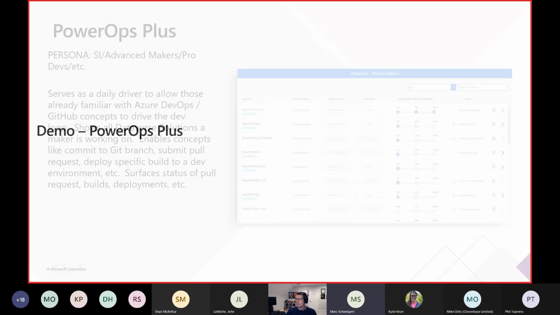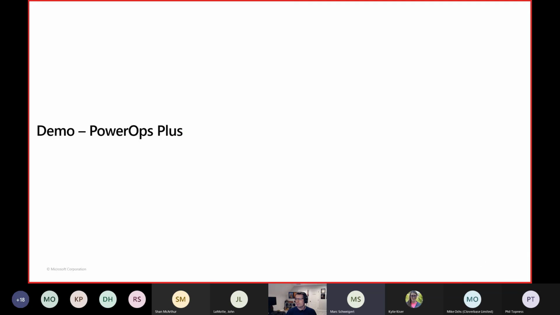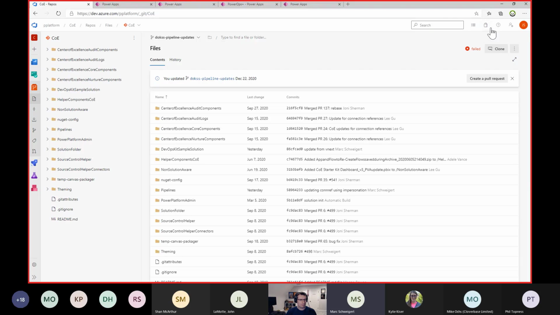And so I'm just going to jump to demos here. What you're looking at is our Azure DevOps repo for the COE starter kit. By the way, I'll talk about this a little bit more, but all of this source code will be publicly available. We're moving to a full open source model for the COE starter kit. And if we have time at the end, I'll talk about that a little bit. But these ALM assets that we've built are actually part of the prerequisite for us to go to a full open source model. And if you look at this, we have folders primarily.